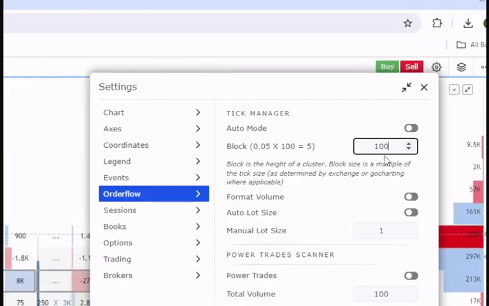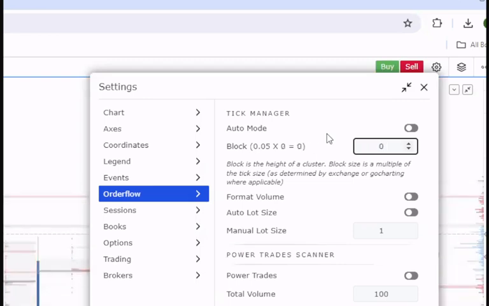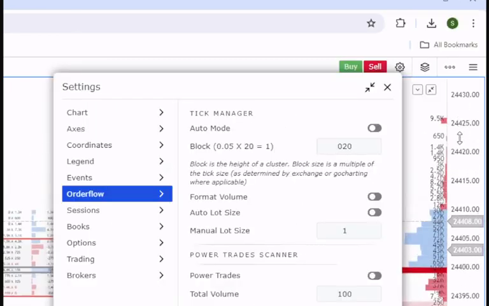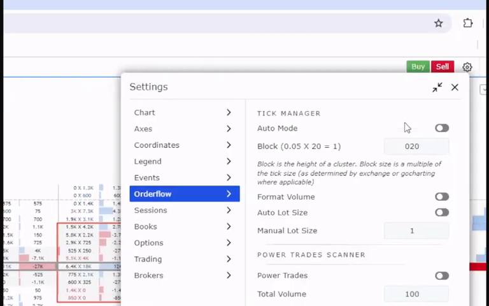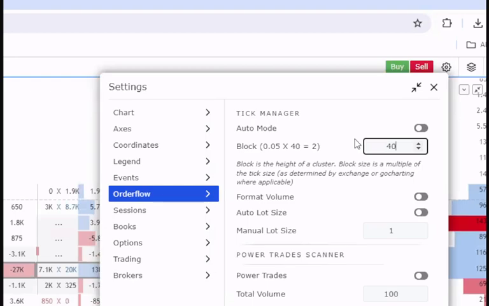Okay, Bank Nifty, then I'll move to 200 probably, which is basically 20 points in one range. That way, because the markets are volatile. If the markets are very slow, then I'll reduce it. I'll make it 20, which is basically 1 point in one range. Depending on how the markets are moving, you have to sometimes tune this, but the thumb rule is 40 for Nifty, 100 for Bank Nifty. Works most of the time,